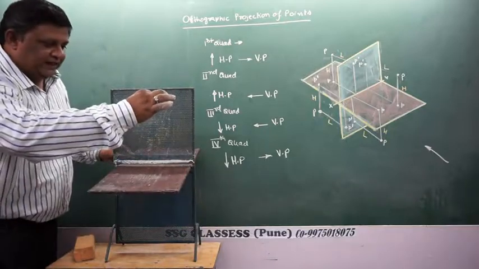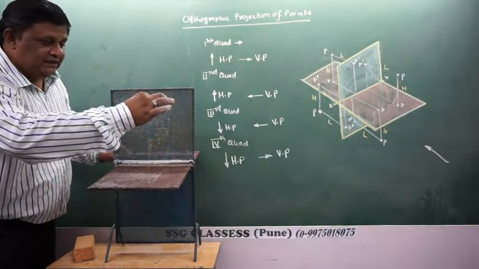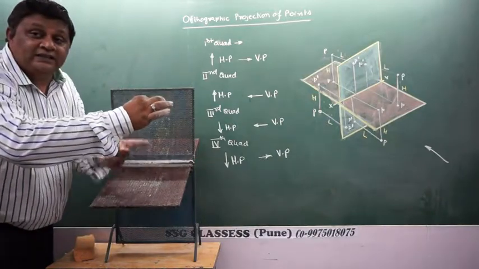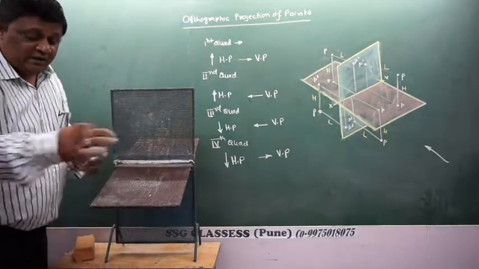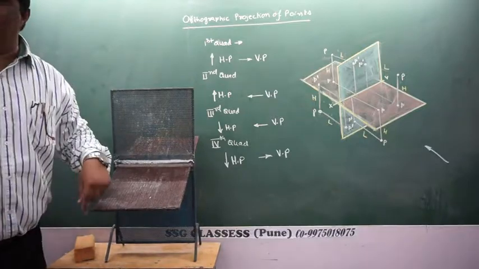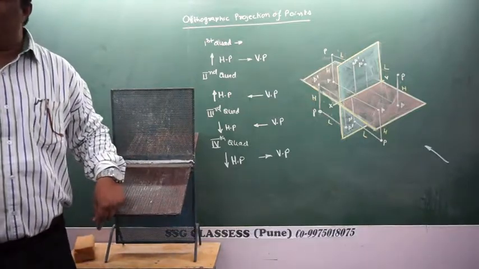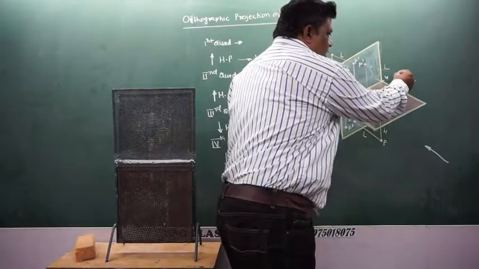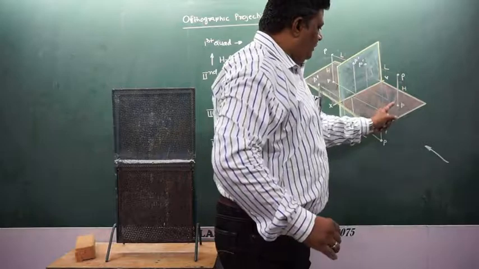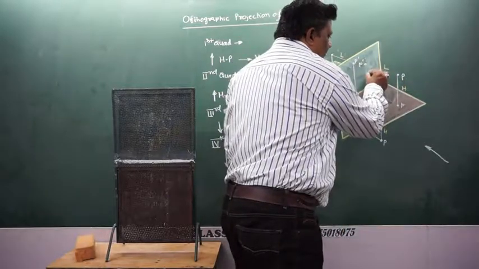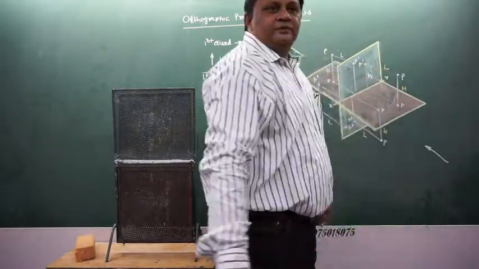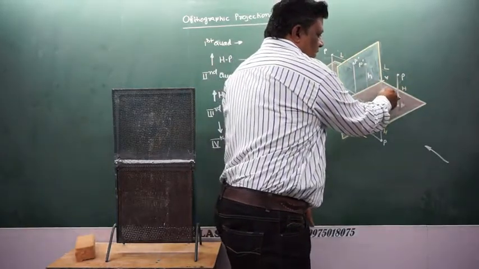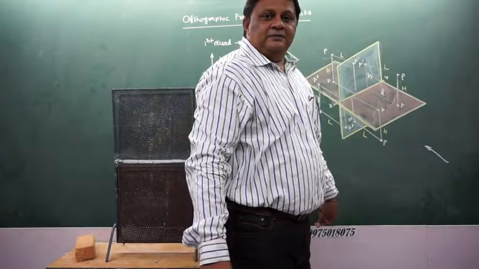Now let's talk about the distances. See, when this point is here, it is H above. In which view can I see this distance? If I am standing like this, where can you see my height? In the front view or top view? In the front view. Obviously, this distance H from the HP will be seen in the front view as small h. And this distance will be seen in the top view as small l.